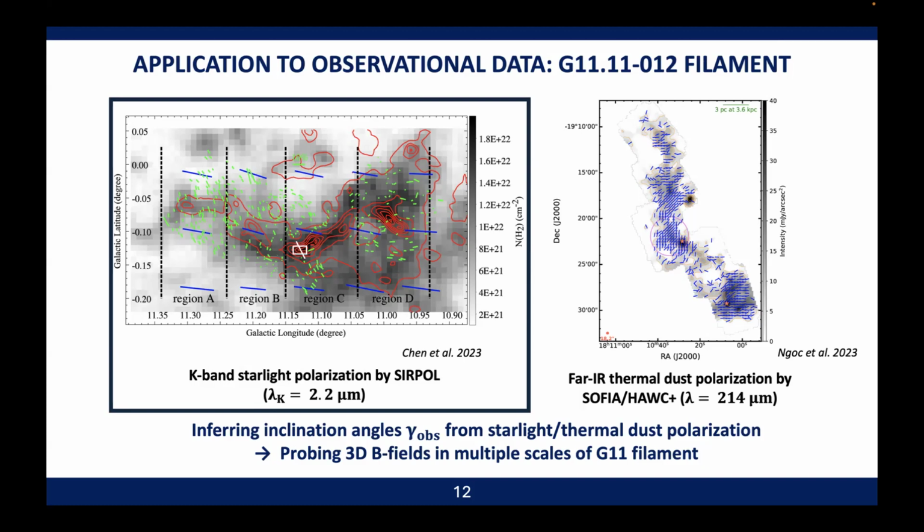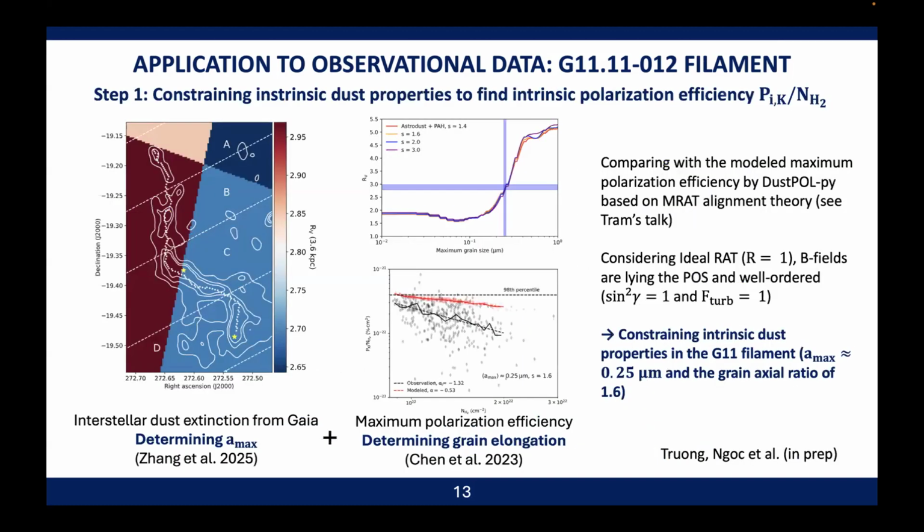And here, I would like to show how we apply the new technique to the case of the starlight polarization, which means that we can probe the 3D magnetic field in the outer envelope of the G11. So firstly, we need to constrain the intrinsic dust property, and from that we can get the intrinsic dust polarization. In order to do that, we use the interstellar dust extinction that we can get from Gaia,